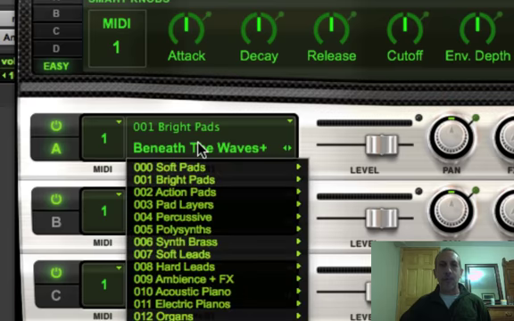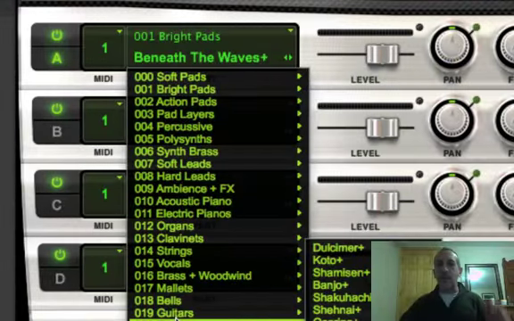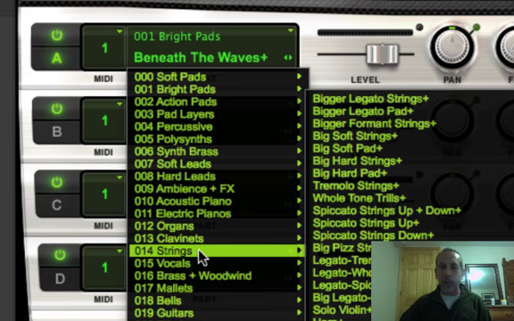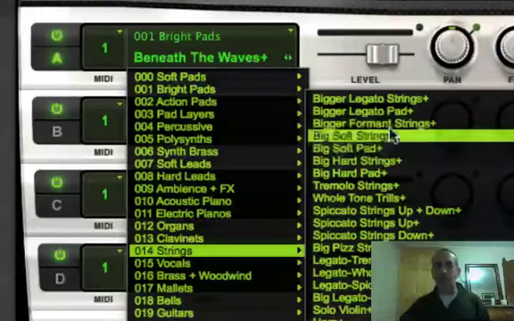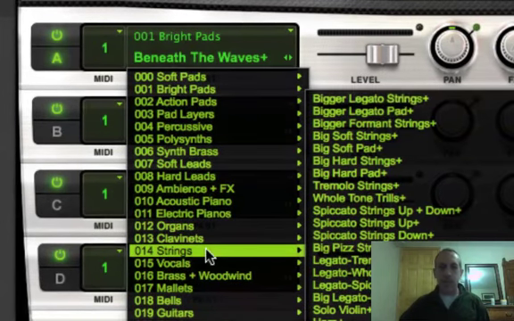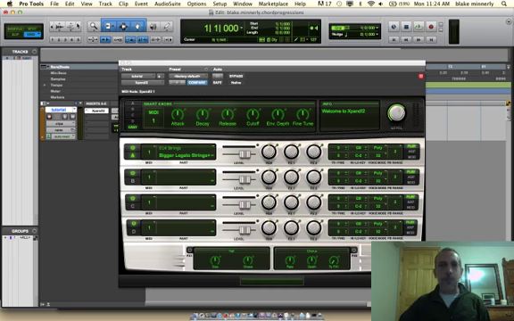So let's do this. Where it says beneath the waves here, let's change this. How about we start with some strings? Let's do like a little orchestral thing, okay? So I'm going to go to bigger legato strings. Bigger legato strings. So we're under strings number 14, and then all the way at the top, bigger legato strings. Okay. Then we can close this,